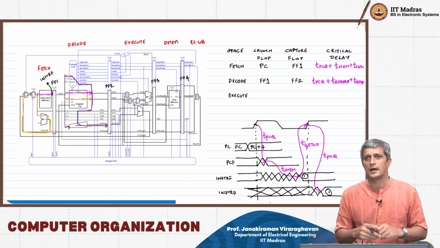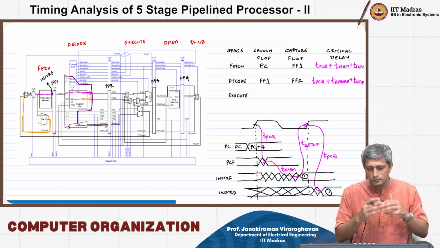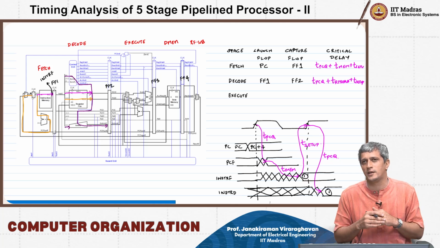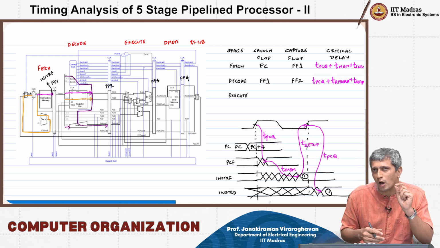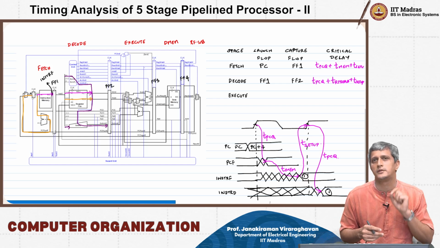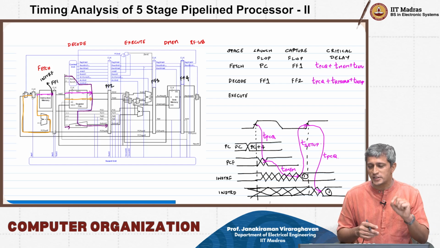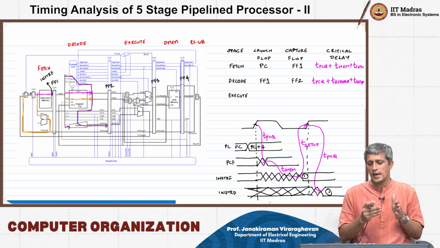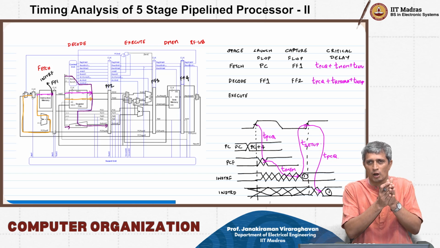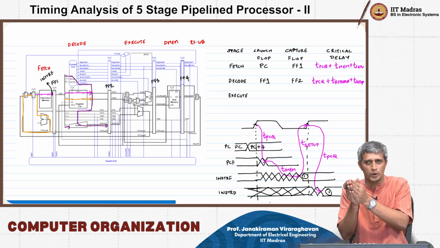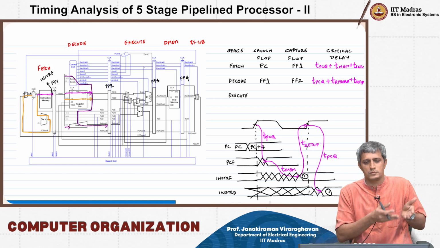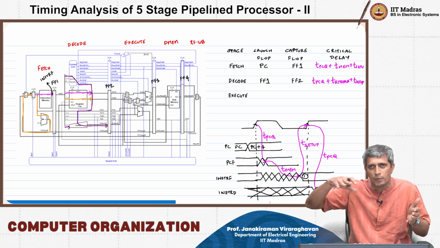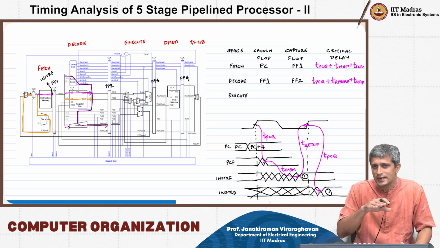But before that, let's come back to this particular subtle point here where we put a clock bar in the register file. This is a little bit tricky, because what we are saying is that you are trying to read a register out through a combinational path through the register file, and